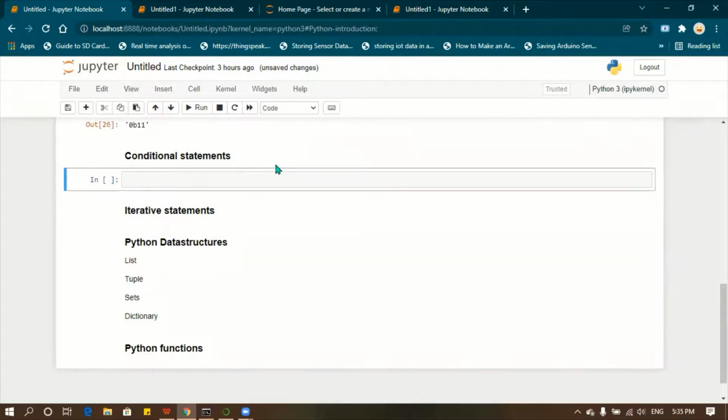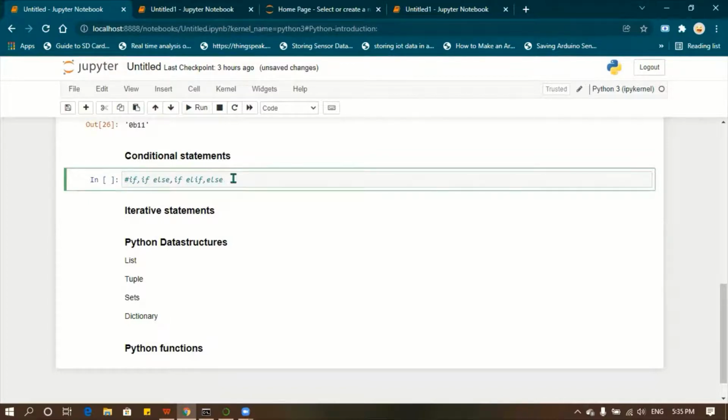That kind of thing we can do with conditional statements. The conditional statements are: if, else if, else if, else.